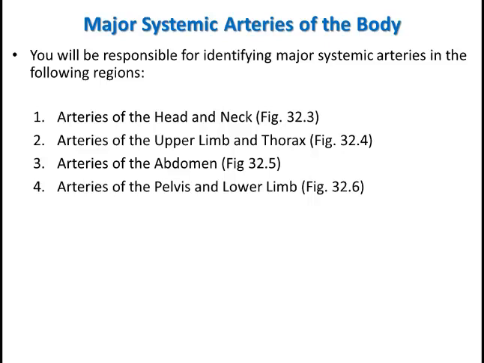If you look at figure 32.3 in your lab manual, that would be a good start. Of course, you're going to want to use the Visible Body software to help you with this. We're also going to look at the arteries of the upper limb and thorax, figure 32.4, arteries of the abdomen, figure 32.5, and arteries of the pelvis and the lower limb, which is found in figure 32.6. But like I said, you're going to also want to use the Visible Body software to help you fill out